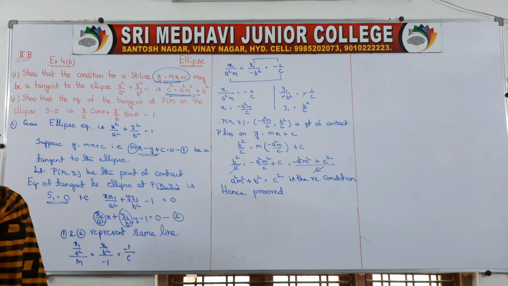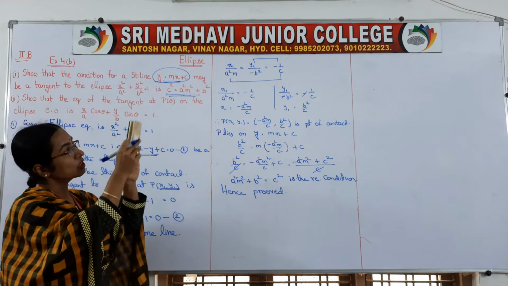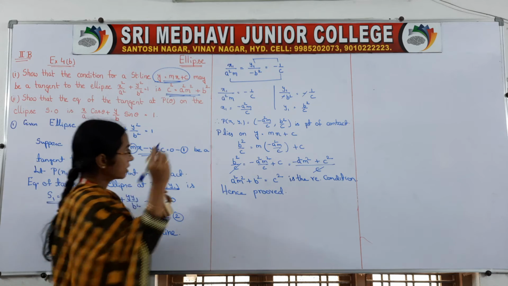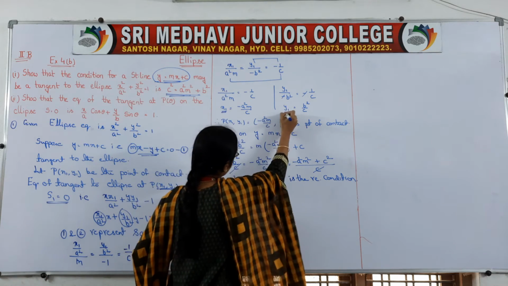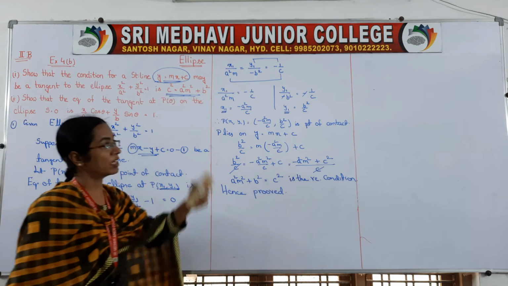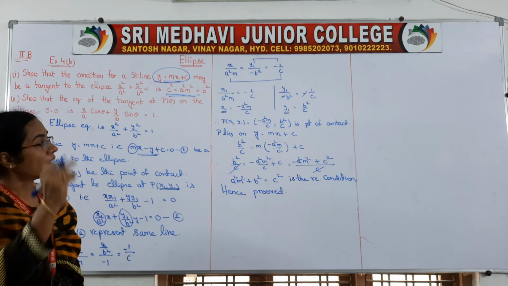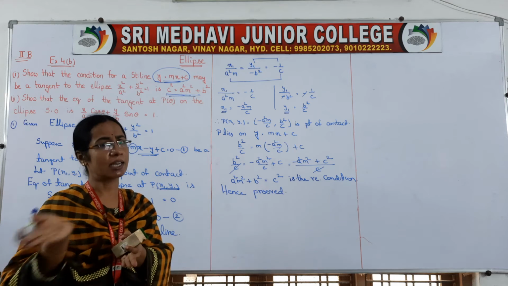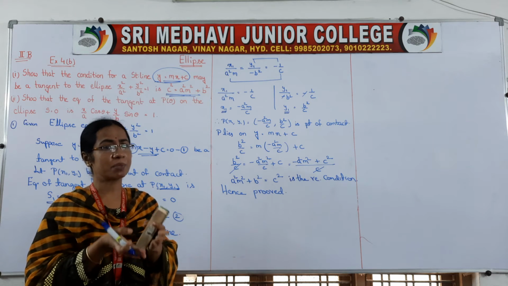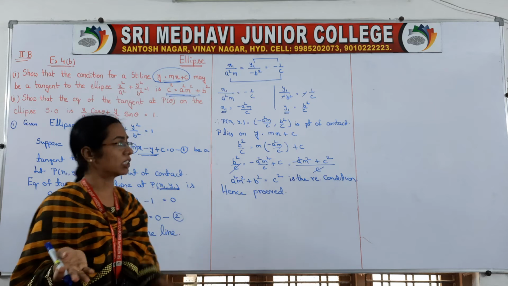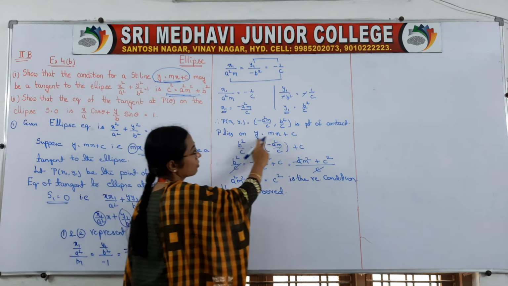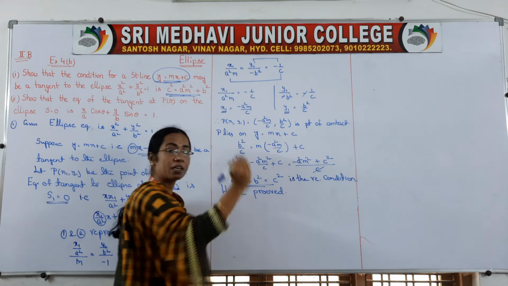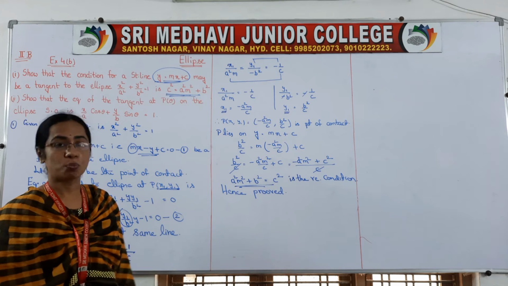We want the x1, y1 value. So, equate the x1 term to a constant and the y1 term to a constant, and get your x1, y1 values. So, P(x1, y1) is the point of contact, and this point of contact means the tangent touches the curve at that point, which means the point lies on the tangent. So, this P lies on y = mx + c. Substitute, and you get your required condition, hence proved.